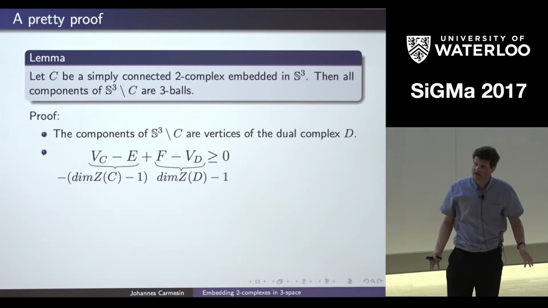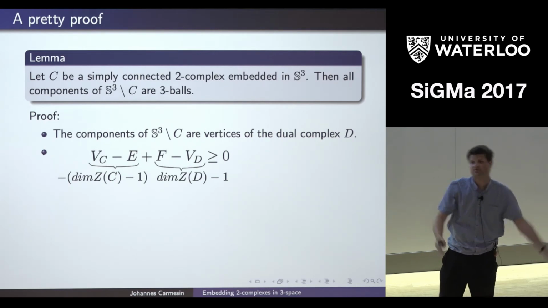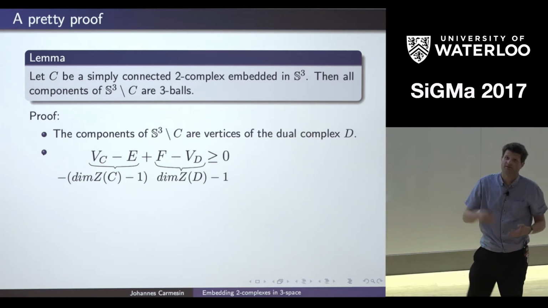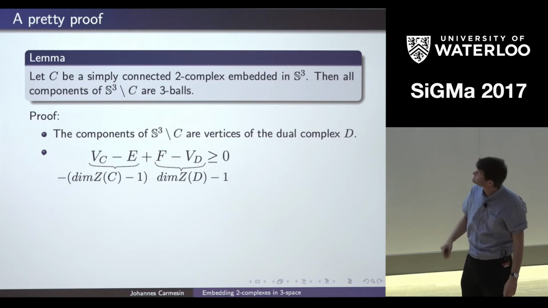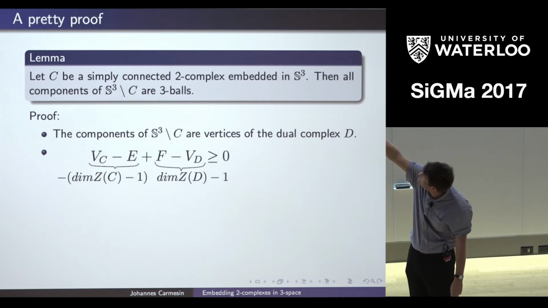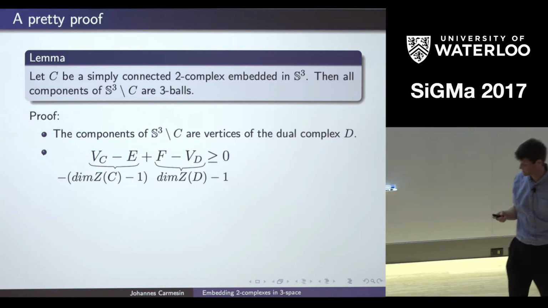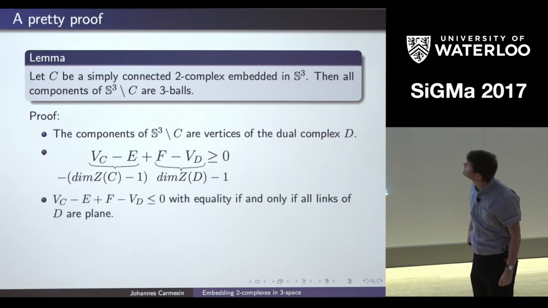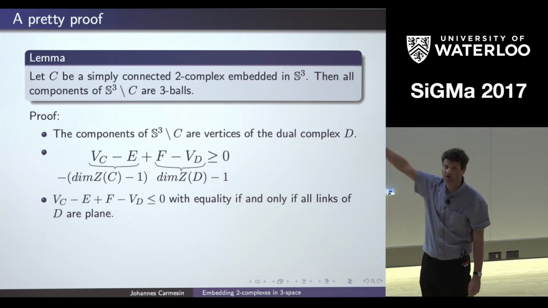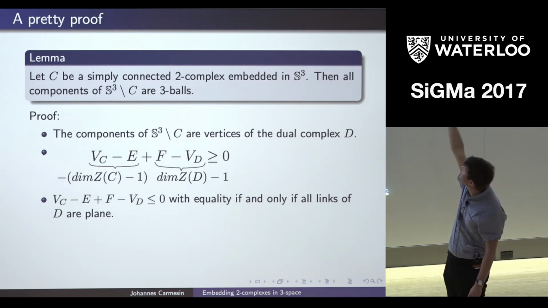But the edge-face incidence matrix of the complex is the transpose of the edge-face incidence matrix of the dual. So because row rank is equal to column rank, they have the same rank. So on the left-hand side, we have an equality. On the right-hand side, we have an inequality. So we get the inequality overall. Right, so the next step is now to use a topological argument to show that we also get the inequality the other way around, with equality, precisely what we want.